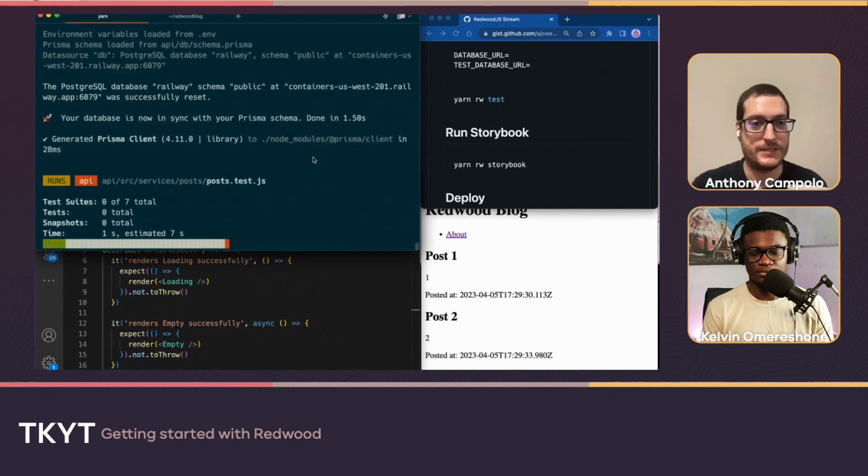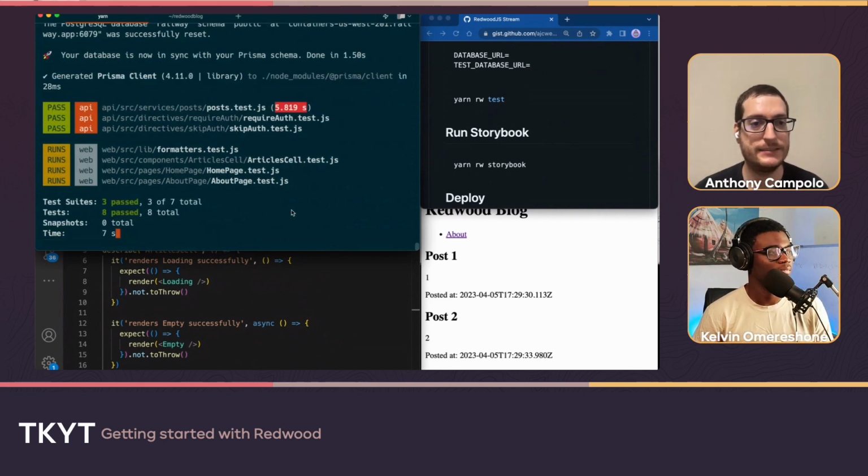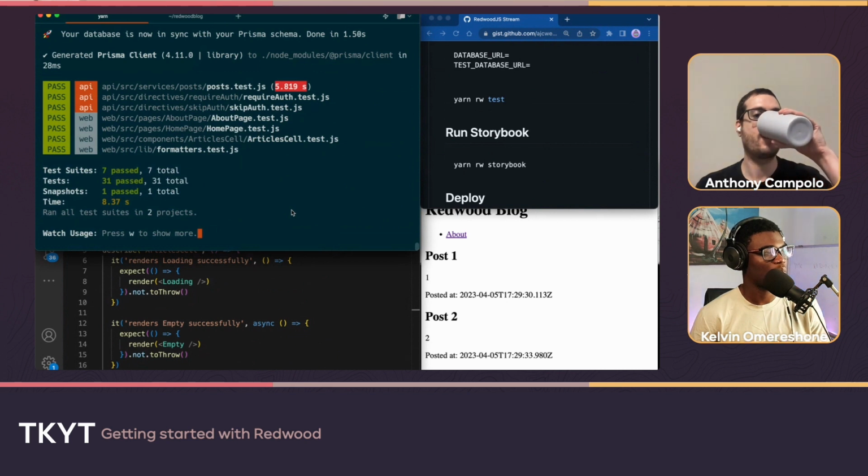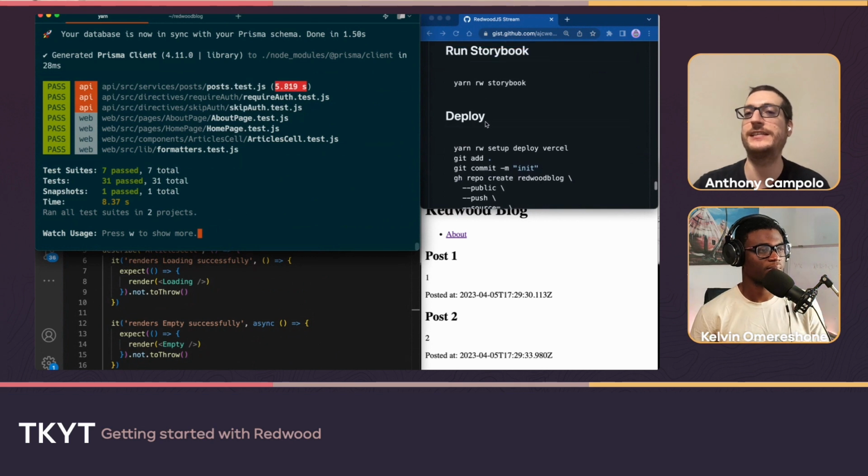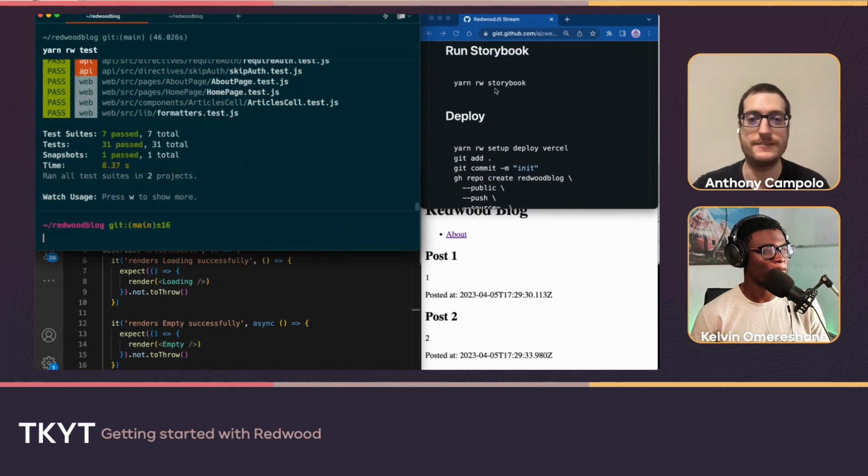Here we're going to see our test suite and our tests. We got all of our tests passing right here. That is maybe not super exciting, but if you're someone who is writing a project that's going to need a lot of tests, this will save you a ton of time.